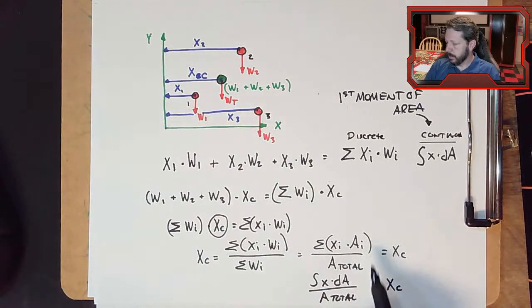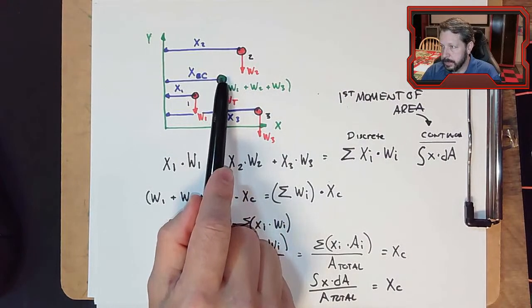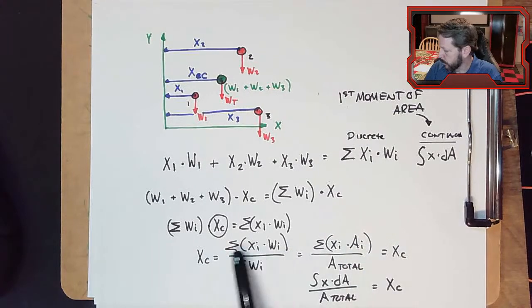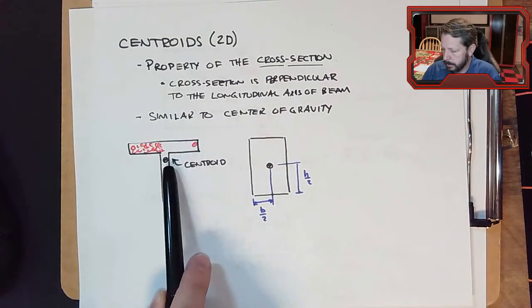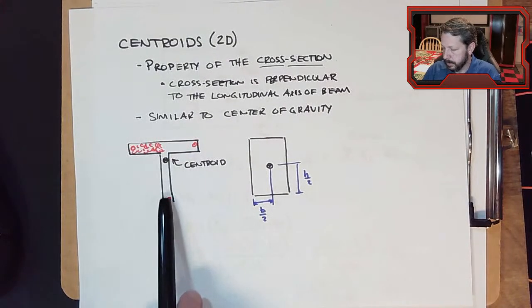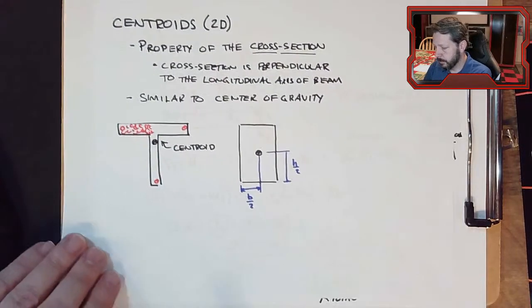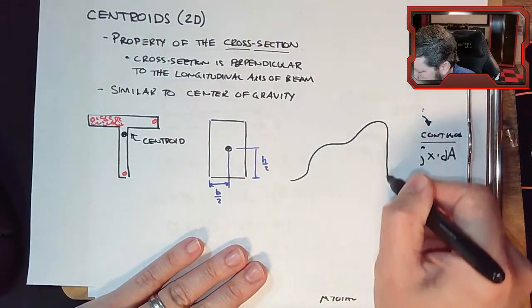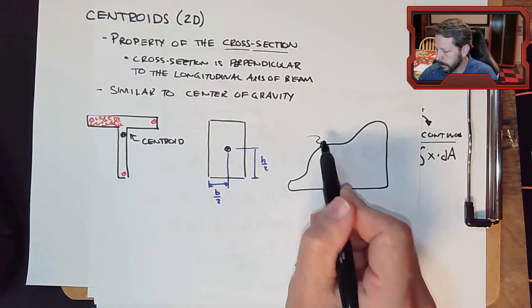And I can use either one of these equations to calculate the location of the centroid for any kind of shape. So the discrete one, the top one, I can use for this and just think of two shapes, a rectangle on top and a rectangle for the stem here. So I could do it the discrete one and use that. Some shape that's, you know, some crazy looking shape, I would have to figure out the equation for this line